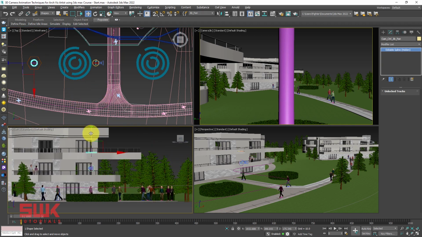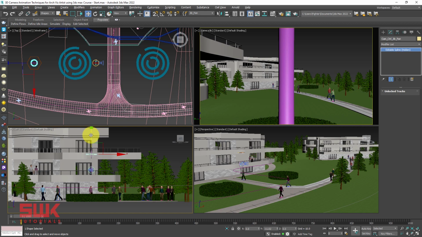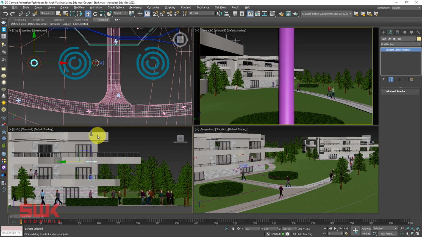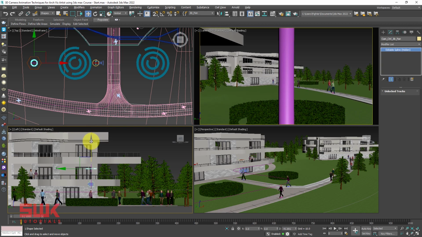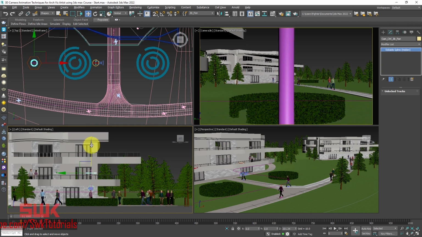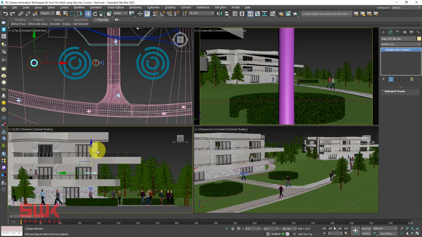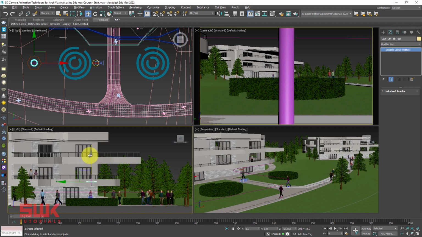Again, if you remember from the previous video, make sure you have kept these things on gimbal. We have kept this option on to bring the whole rig up and down. Actually, this is the part that we are creating. This is the main controller and this is the pan controller. It has two functions: move the rig up and down plus rotate it. Right now, first we will bring it down like this.